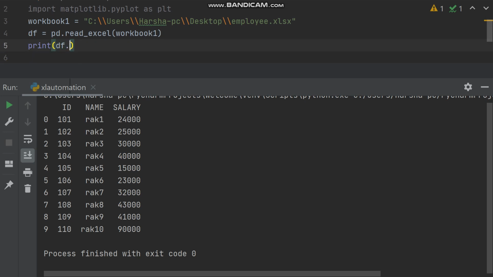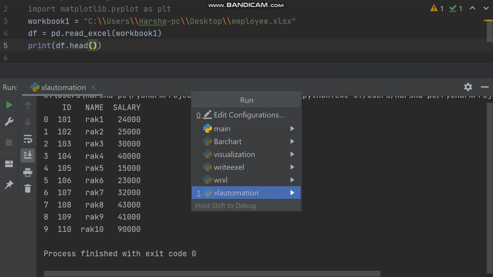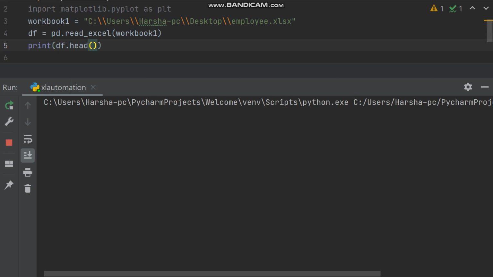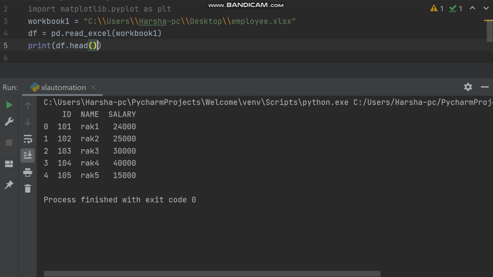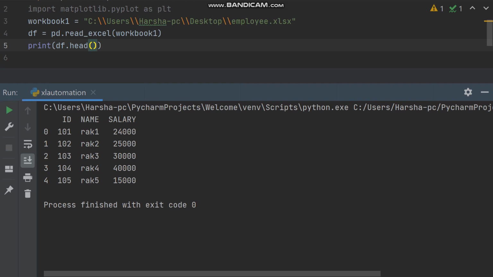Now if you use head, control S and once again run. If you run this, you will be getting the first ID, name, salaries.